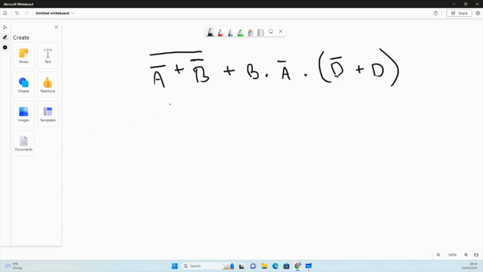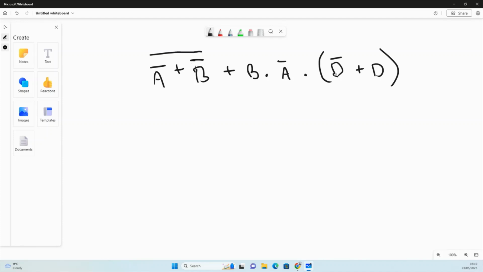So this is a Boolean algebra simplification. The sort of thing you might get in an A-level Paper 2 potentially, although it's a relatively straightforward one, hopefully. So what we've got here is